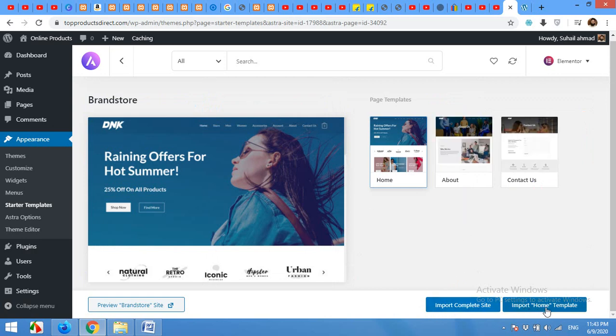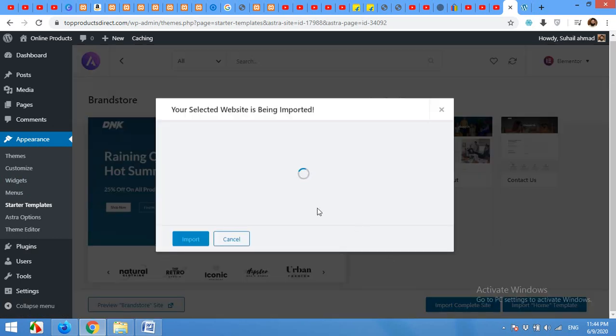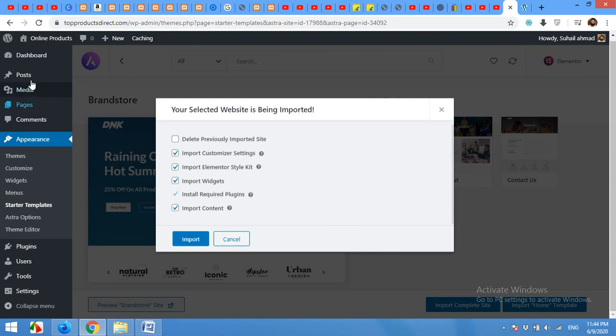You can also import just the home page, but we will need the WooCommerce plugin and all the necessary plugins needed for this website. So we will click on import complete site. Now if you are making a new site, then you can choose this function, so all your junk posts or pages or media will be deleted, but we will keep that because it will not affect.